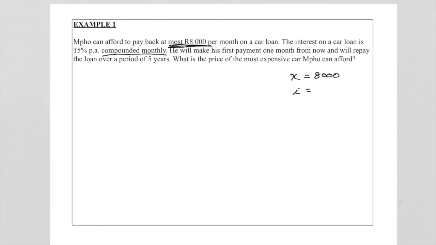I, which is our interest rate, is 15% per annum, but it's monthly. So 0.15 over 12 for our I. He will make his first payment 1 month from now. So very important. If I can just show you how this works on a timeline, I say T0,